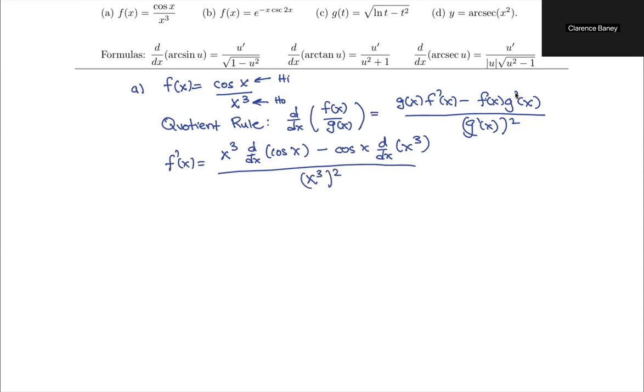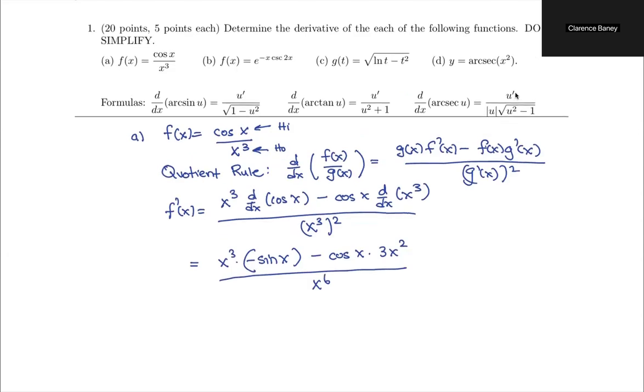So this gives you x cubed times negative sine of x minus the cosine of x times 3x squared all over x to the sixth. And I ask that you not simplify your answer, because it made it a lot easier for me to check when I was going through, did you have the x cubed, did you have the negative sign, did you have the 3x squared, did you have the